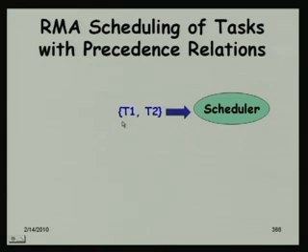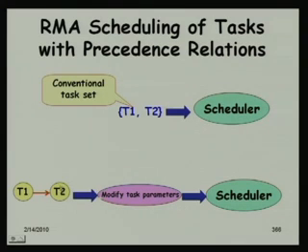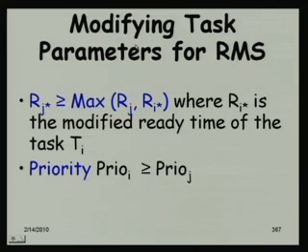Earlier, so far we had independent tasks T1, T2 etc., which were given to the RMA scheduler. But now we will have precedence relations between tasks, we will modify the task parameters and then give it to the scheduler. So the modification that we will do for the rate monotonic scheduler is that the ready time of a task j after modification, written R_j star, ready time of a task j